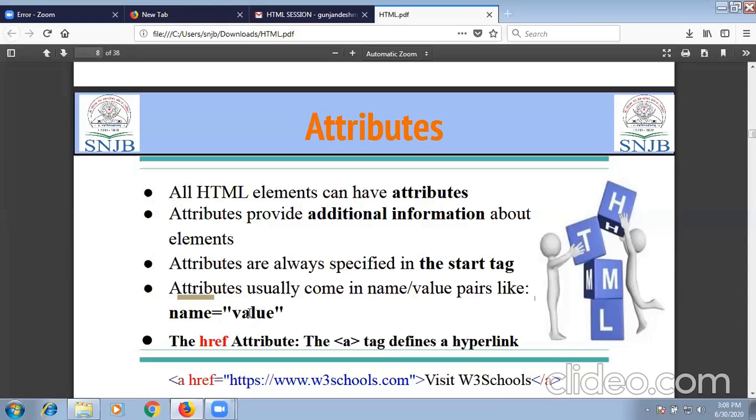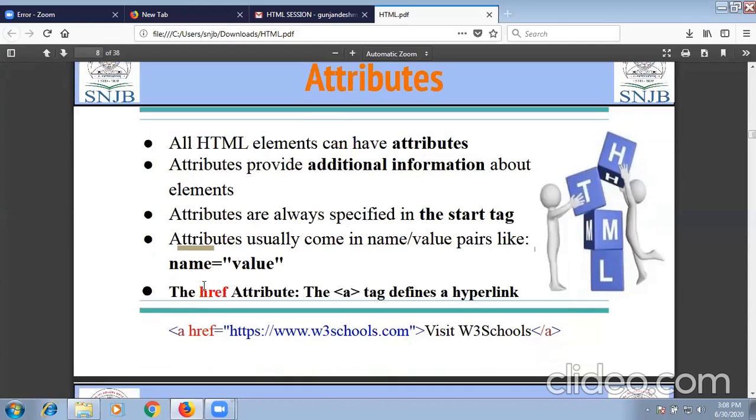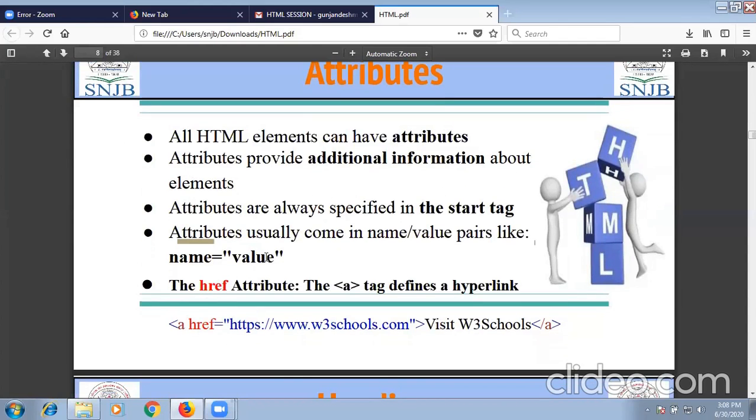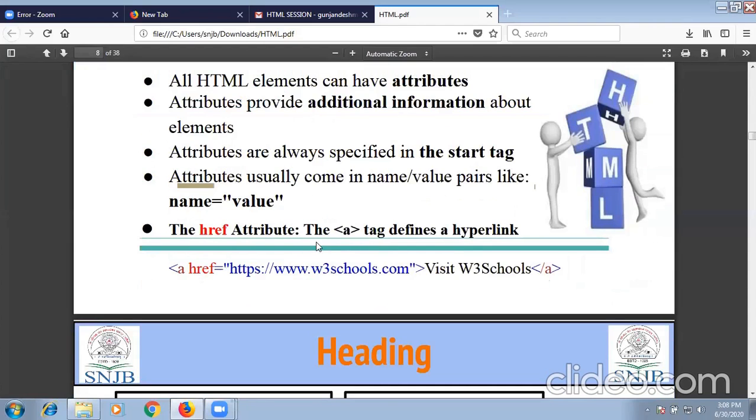Remember, an attribute usually comes in a name and value pair. So name equal to, then the value. For the example, I have an anchor tag, the angular bracket consisting of a, which means anchor tag. This is the tag, and if I want to add an attribute into that particular tag, I will use href, hypertext reference.